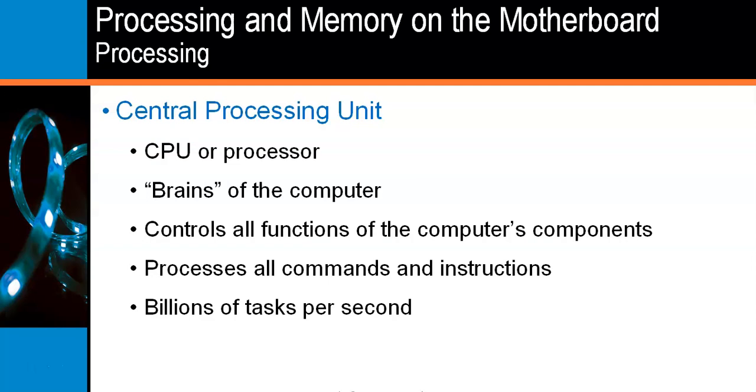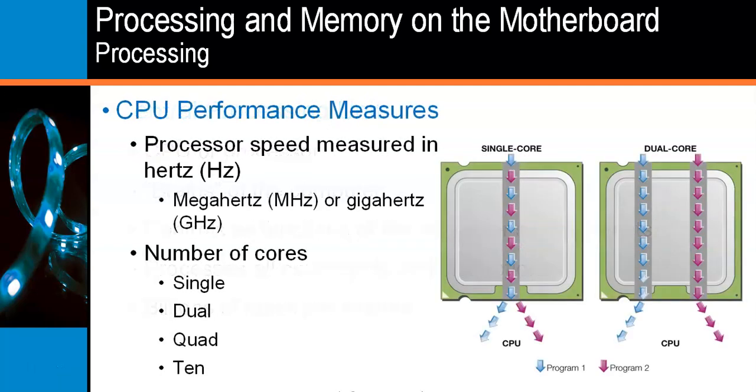When we talk about the brains of the computer, and it's not to say that every other part isn't just as important, we're talking about the CPU, the central processing unit. This is the element that controls all the functions of the computer. It's the element that processes the instructions that the other computer elements are going to carry out. Depending on the type of processing you have, it's capable of billions of tasks per second, which puts it way, way, way behind, I want to stress this, the human brain, which is a really remarkable instrument.